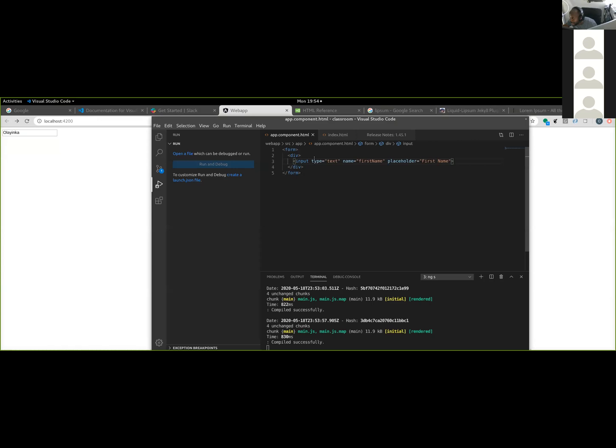One other thing I can add to this, before this, I can add a label. And this gives me the text outside of that. And now I will say for, and I will give this an ID of first name. I'll explain this right now. But let me show you first, and then I'll explain. You see that? Now I have first name